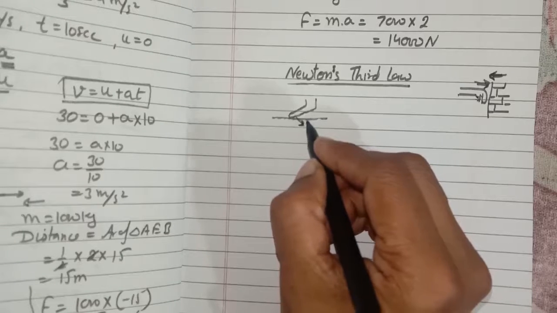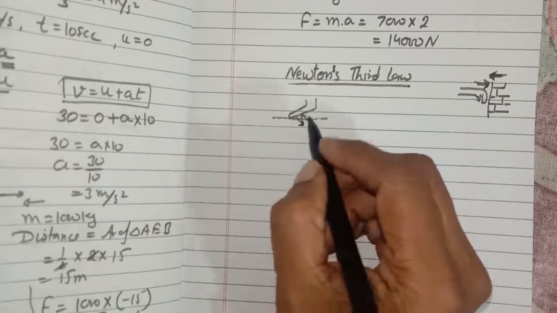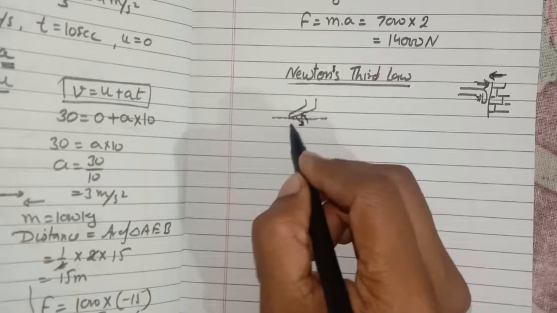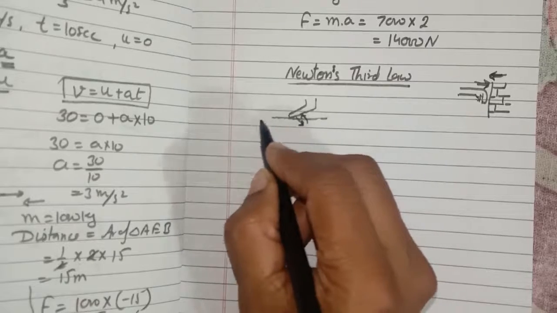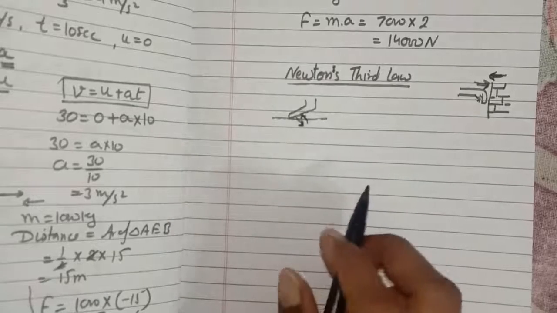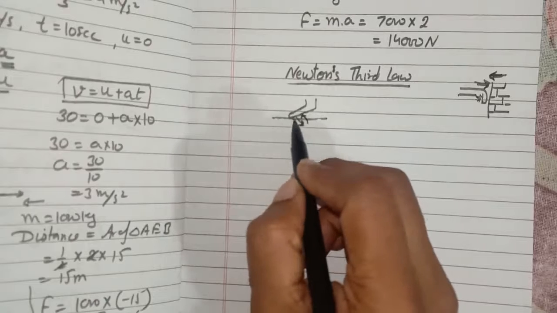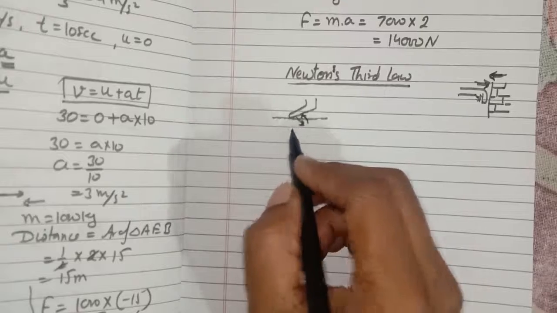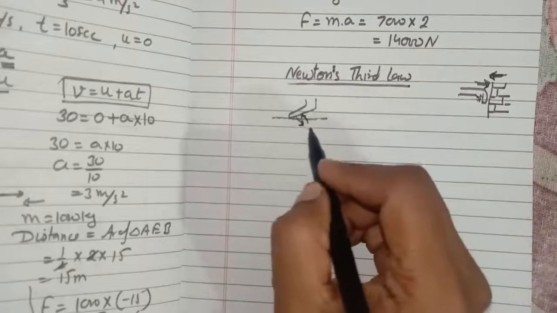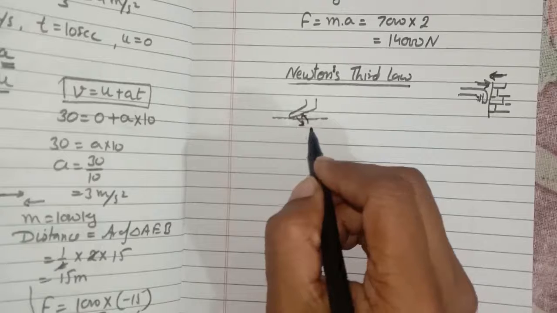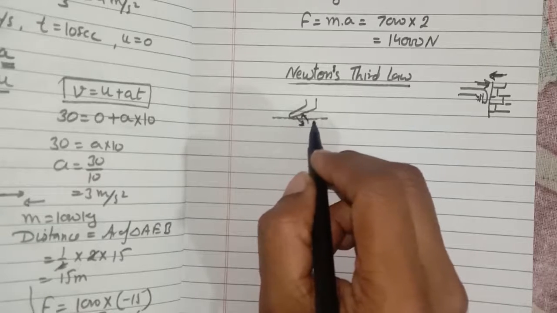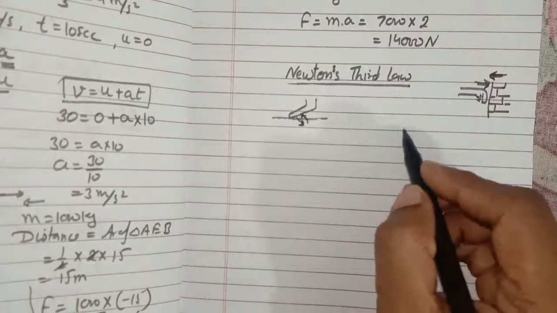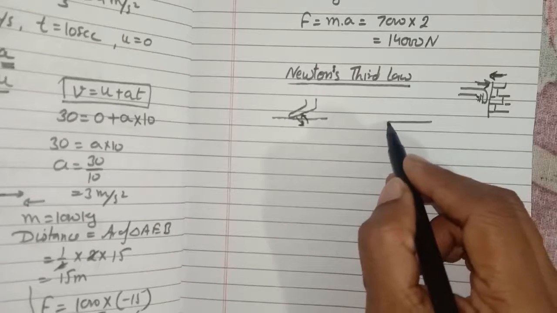exerts an equal and opposite force on your foot, so that your foot gets a force from the floor and you move forward. So for moving, what we have to do is apply some force on the floor, which is called the action, and we know that for every action there is an equal and opposite reaction. So as a reaction, the floor exerts a force on our foot, and that's why we are able to move forward. Other examples are, suppose this is a gun,